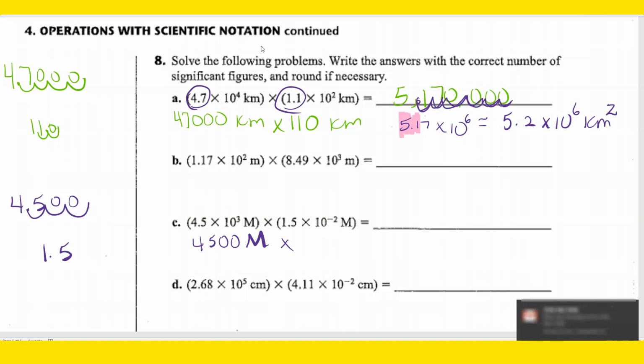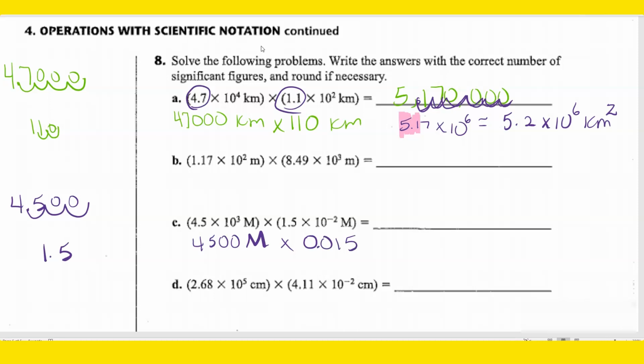Remember what I told you? You can easily count the zeros and then write your number out, or move your decimal 2 places to the left. And so you end up with 0.015. Same thing. Now remember, when you multiply those two numbers, you need to round it off to make sure that you have two significant figures in your number. So here we go, 4,500 times 0.015, and I get